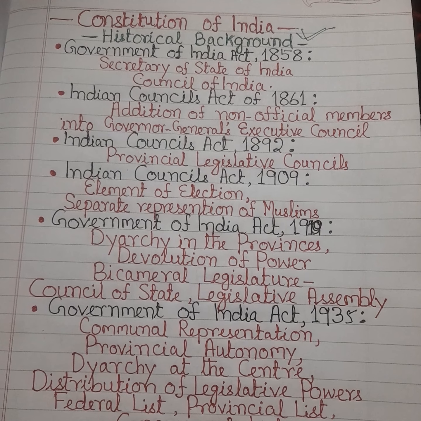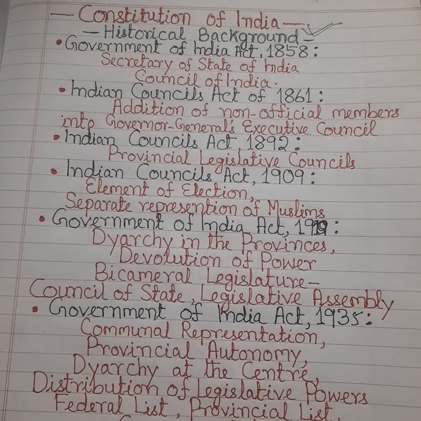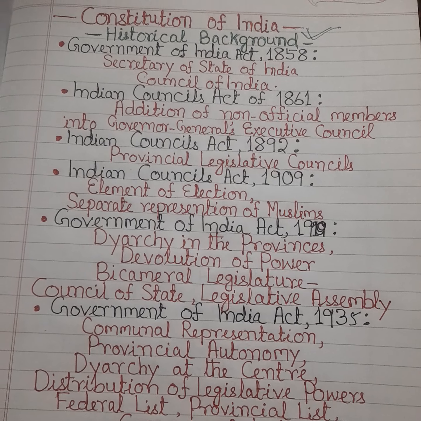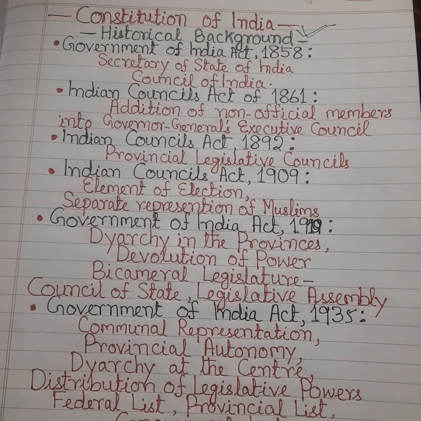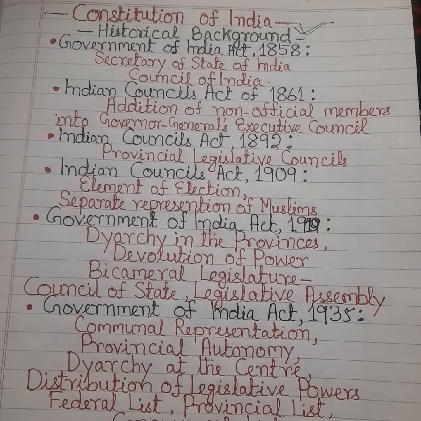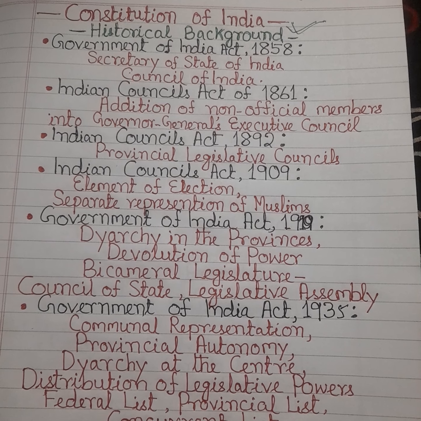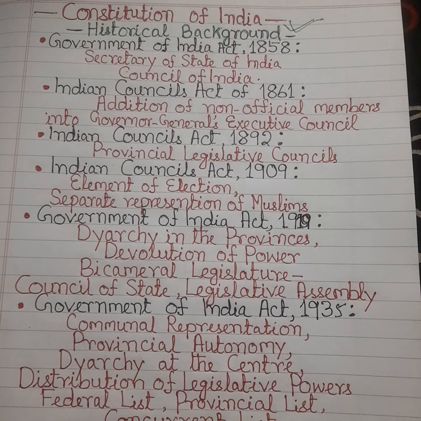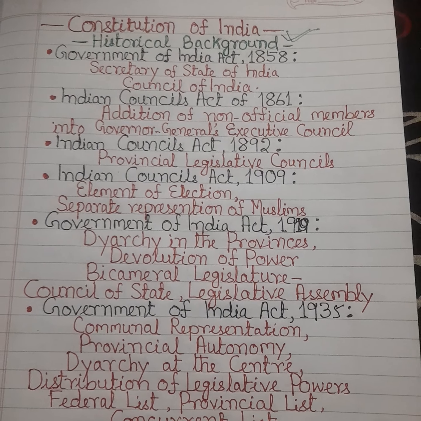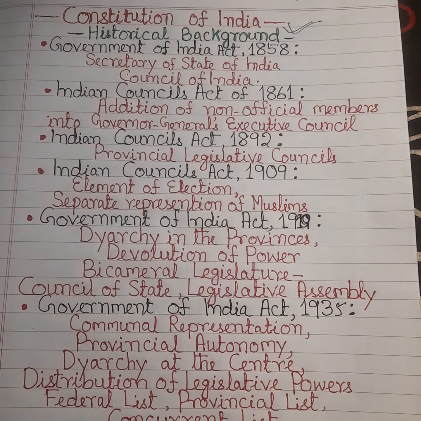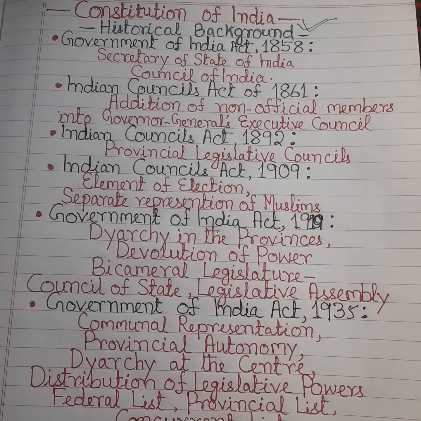So the British Crown taken over the very administration of British India territories under the newly enacted Act, and that was Government of India Act 1858. So, under this Act, the British Crown